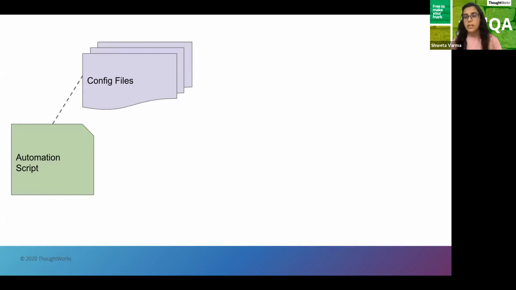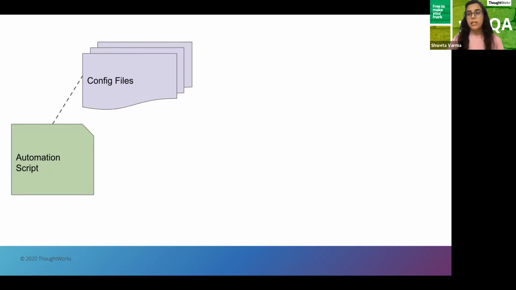So we have one script and then we make different config files, so that each config file defines what kind of platform I want to execute it on. Let's say config 1 says that it should run on Sauce Labs. Config 2 says that it should run locally on the Chrome browser, and so on.